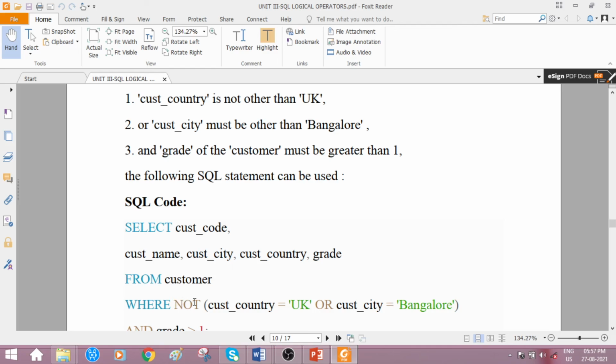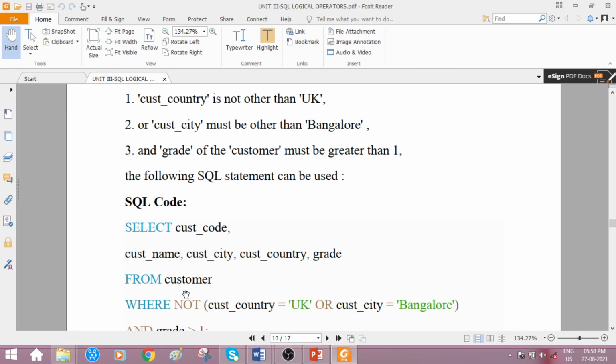So other than the country UK, it is going to consider. It makes it false. Or if the customer country is not equal to UK, it checks the other condition, whether the city is equal to Bangalore. Yes, if it observes city equal to Bangalore, it makes the false value.